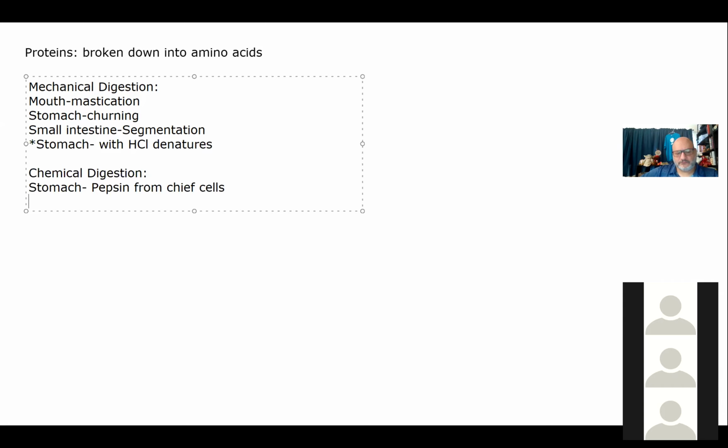Gastrin. Well, remember, gastrin's a hormone. It's not going to help us. It may make more pepsin. It may make more hydrochloric acid, but it doesn't actually physically, chemically break down. It doesn't break the bonds. Okay, so absolutely, we have